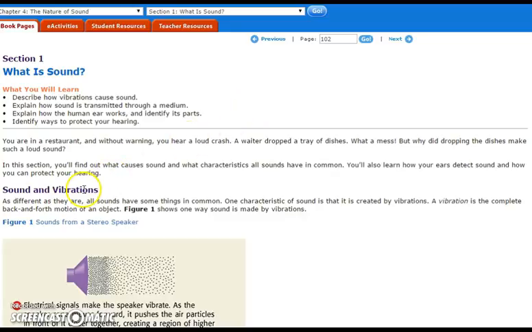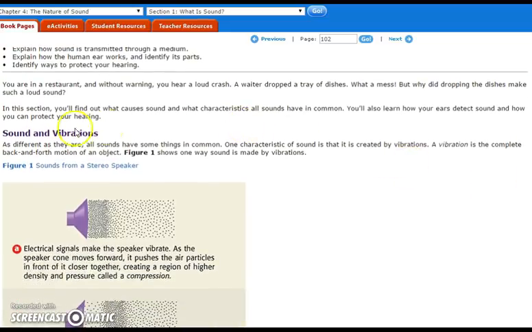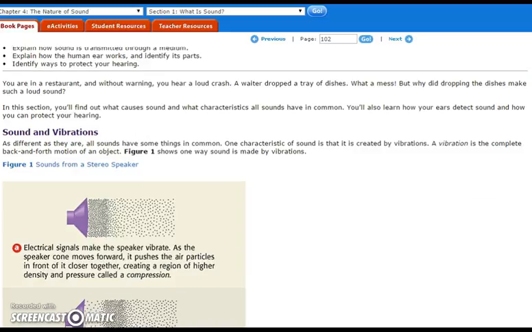Now, sound and vibrations. This is the important part of the objective. So as different as they are, all sounds have some things in common. One characteristic is the vibration. A vibration is a complete back and forth motion of an object. So that should sound very similar to what we learned about waves. We saw the waves are moving back and forth or up and down. So the concept of a vibration in a wave is very similar. Now, here we will see